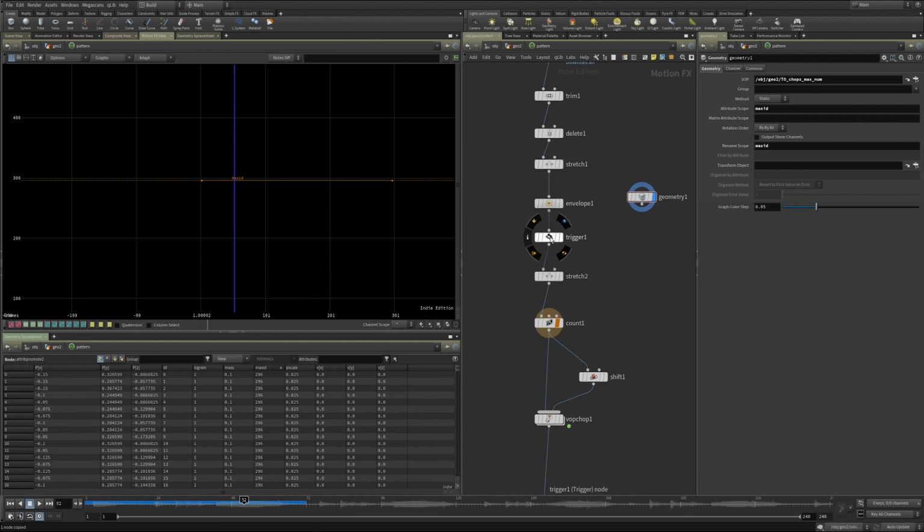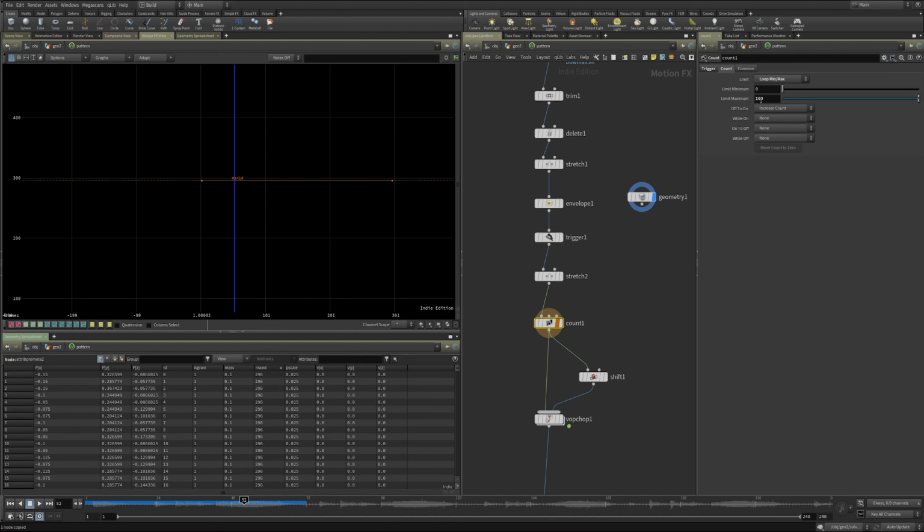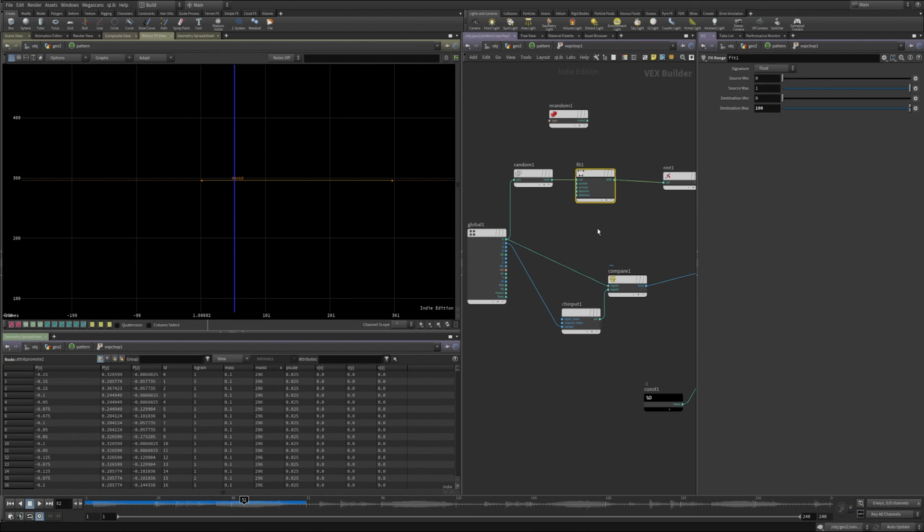And why that is important is on this count chop, rather than have this maximum be something that I have to type in manually, I'm just going to reference this in as a relative chop reference, and then I'm going to do the same thing down here.